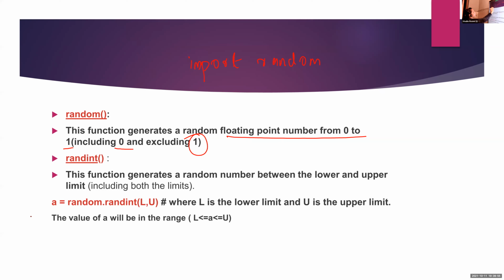So first you want to write this statement, import random, then use this random function. This is the random function, that is, we are using this bracket. This is one of the built-in functions under this random module. Under this random module, we are using the built-in function random. The difference between this one and this is that here we are using the function bracket.